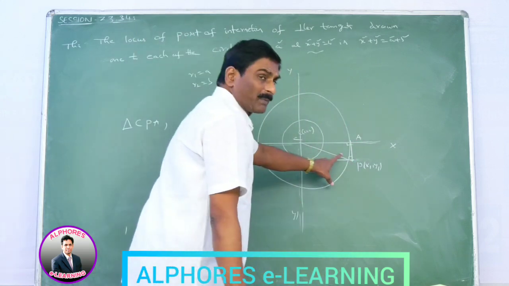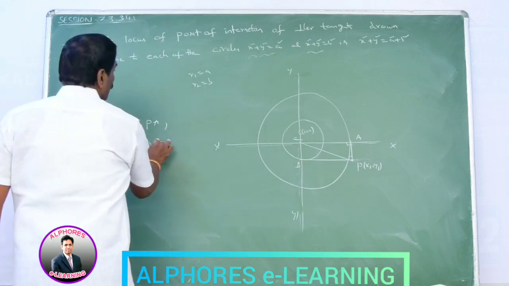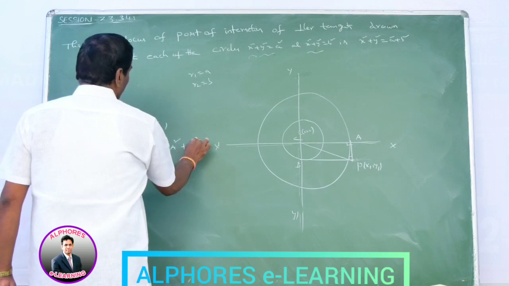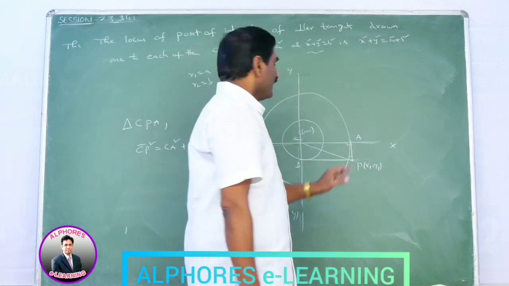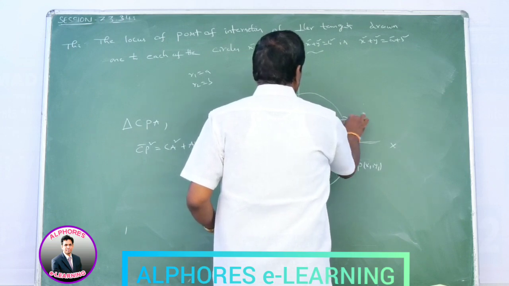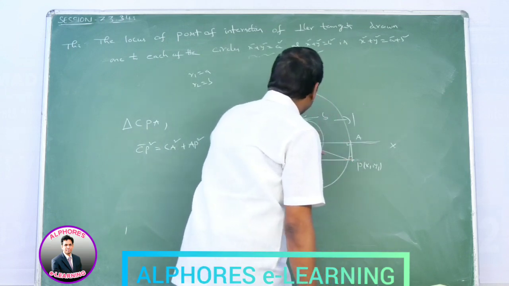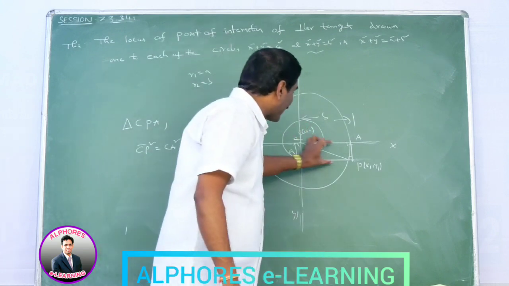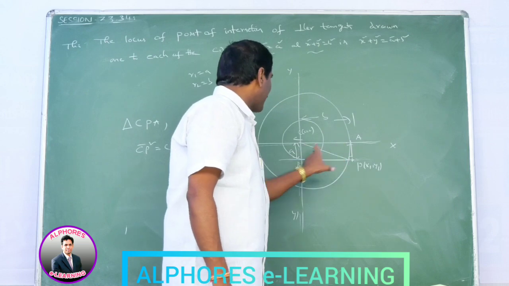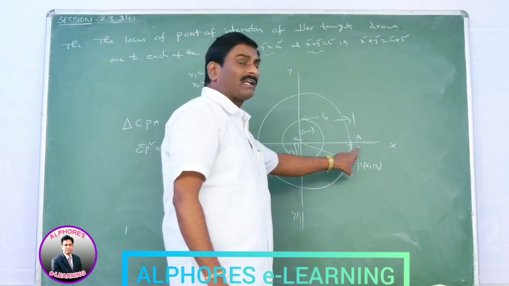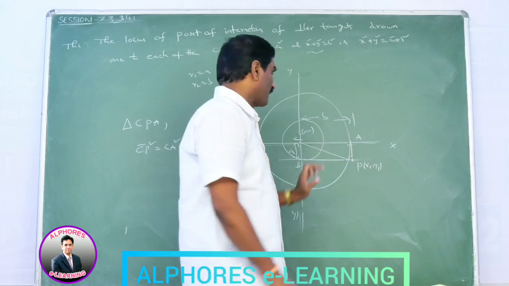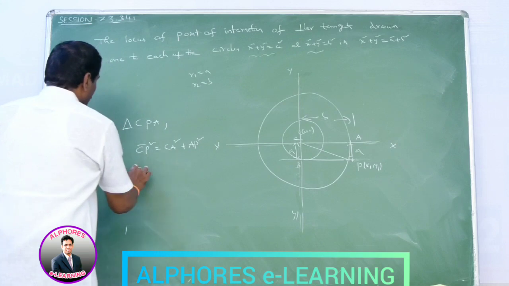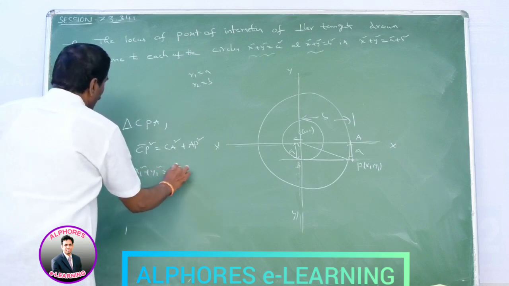That means CP is the hypotenuse. CP square is equal to CA square plus AP square. CA is nothing but the radius of the second circle. AP is nothing but this value, the radius of the first circle. Please observe this point. It is a rectangle. This is 90, this is 90, this is 90, this is 90. In a rectangle, opposite sides are equal, so this is nothing but a units. So CP is nothing but C(0, 0) to P(x1, y1). CP square means x1 square plus y1 square is equal to a square plus b square.